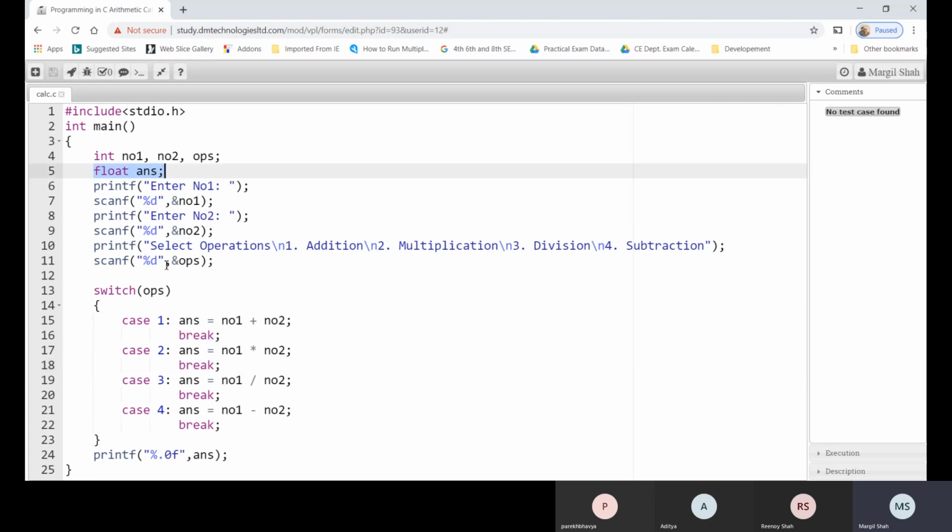But the problem is, whenever we go for the division, it may create a problem, because 10 divided by 20, the answer is 0.5, and it may create a problem. Of course, in this case also, we might not get the answer 0.5. So let us see the output of the same.